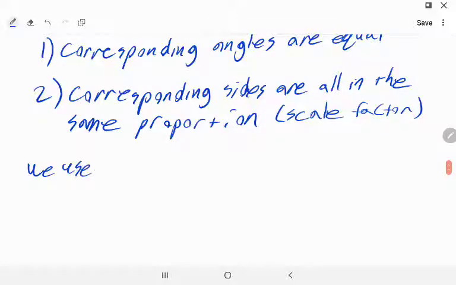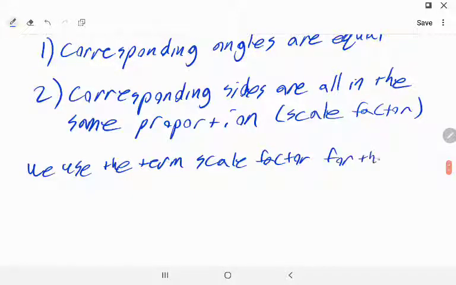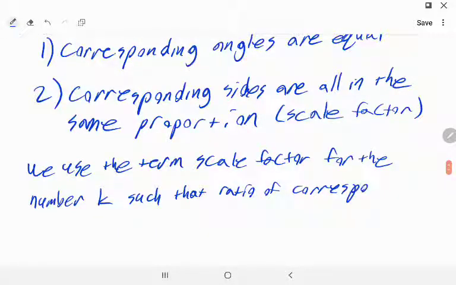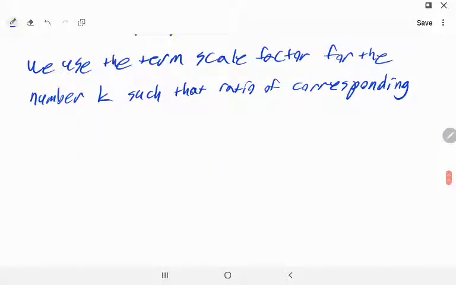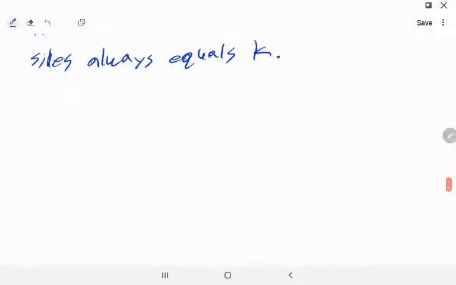So we use the term scale factor for the number k such that the ratio of corresponding sides always equals k. So in practice we notice that if we had the triangle